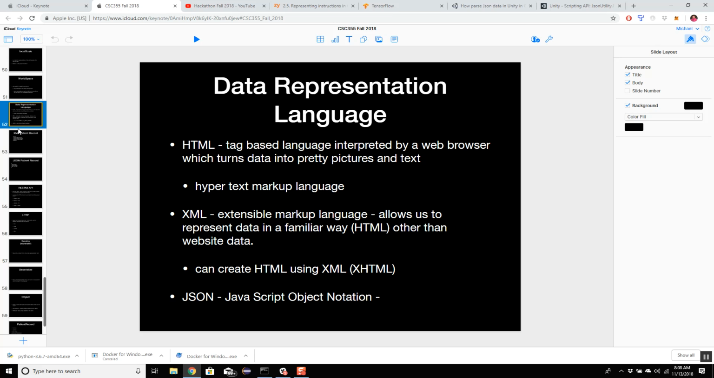So we talked about data representation languages a little bit and the history of this with HTML, and then how XML said, hey, let's take the HTML tag-based approach and make a way of representing data other than website type data. And then more recently, we use something called JSON, JavaScript Object Notation, which is the same syntax that JavaScript uses